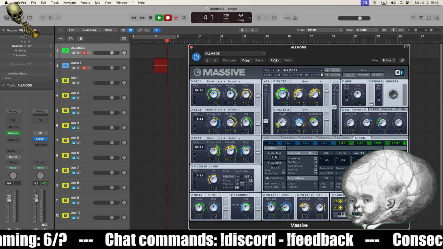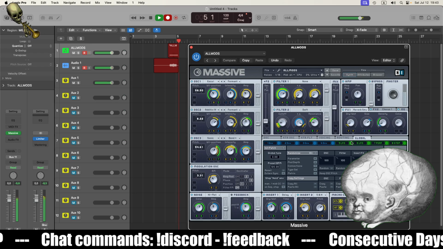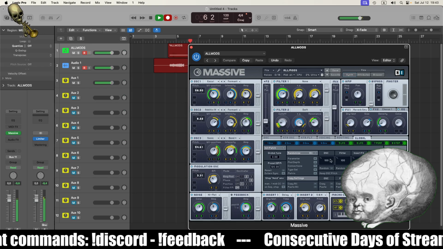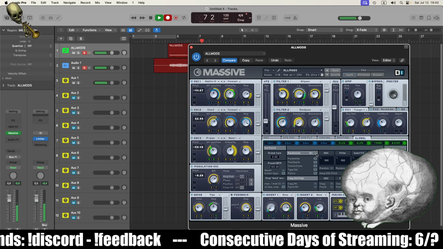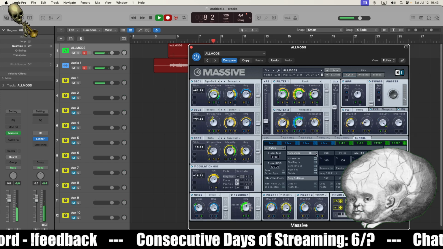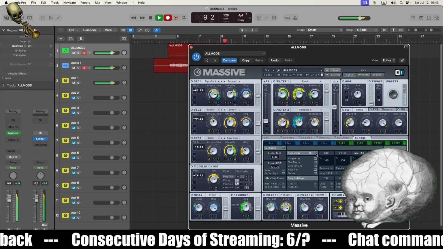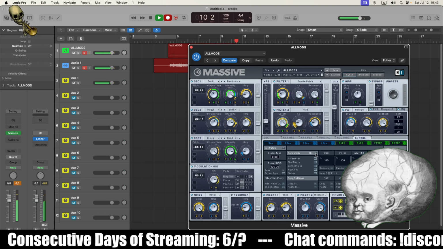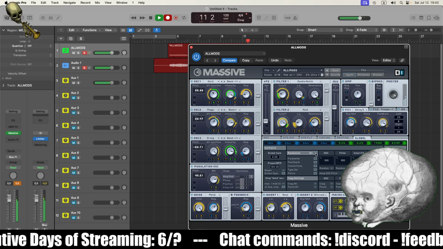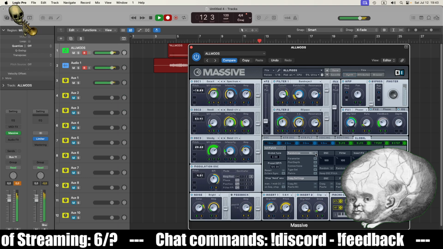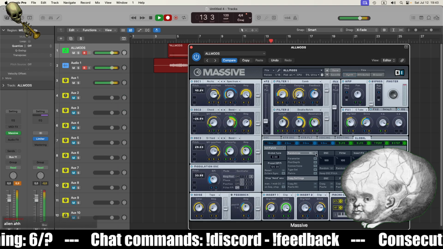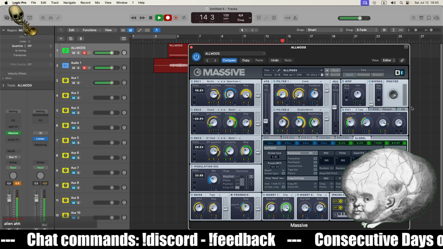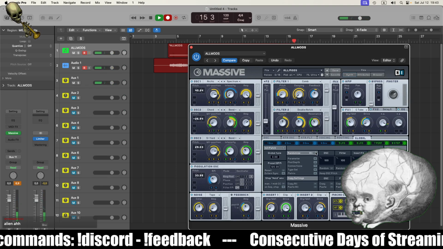Let's see what's going to happen. Okay. Oh, that was a little bit loud. Good that we have a limiter.